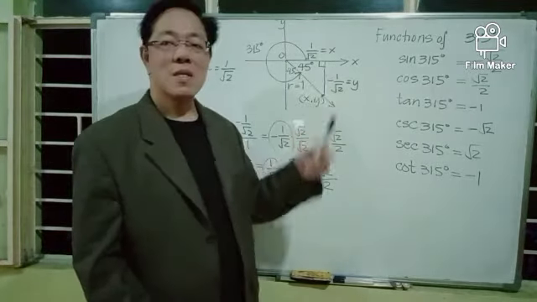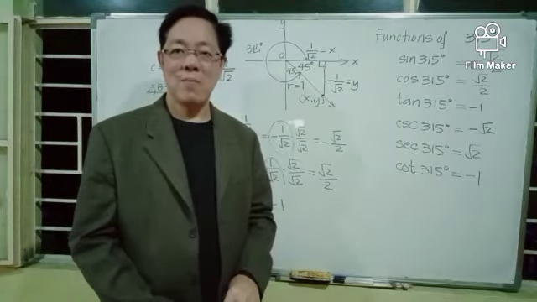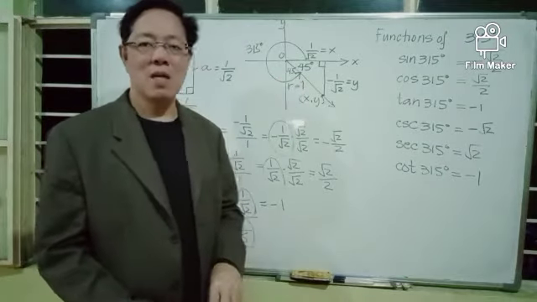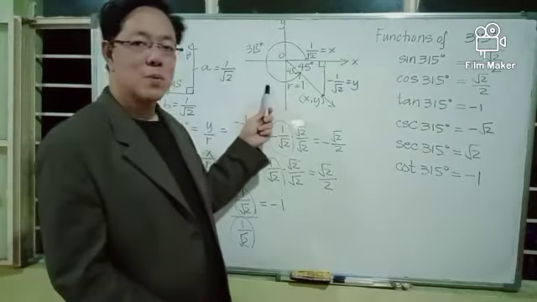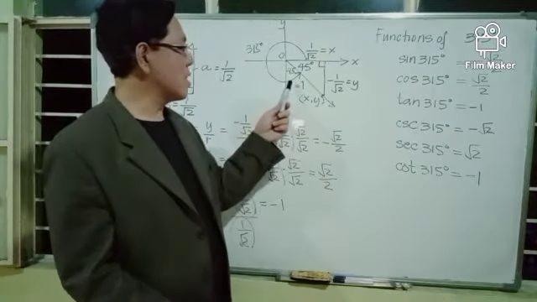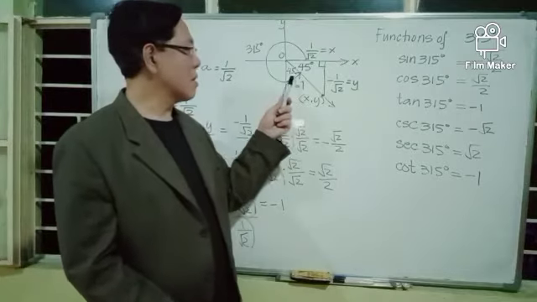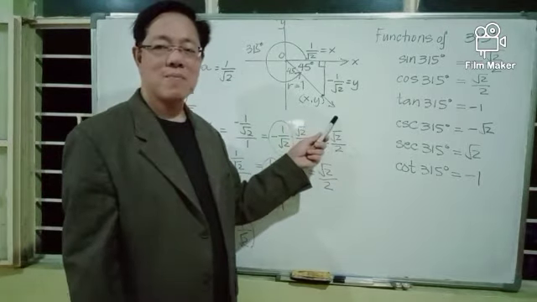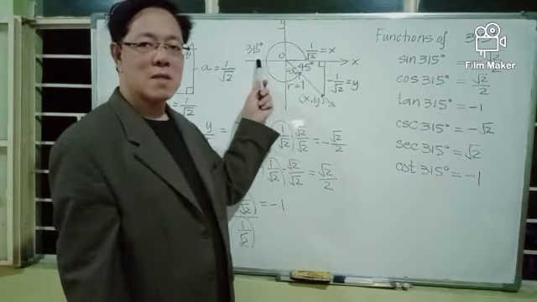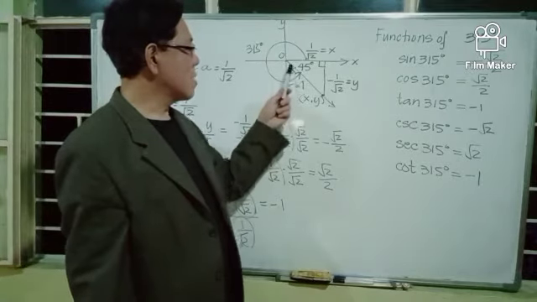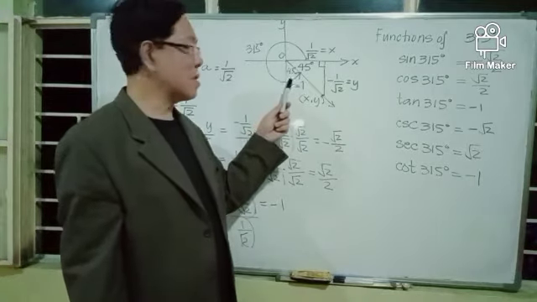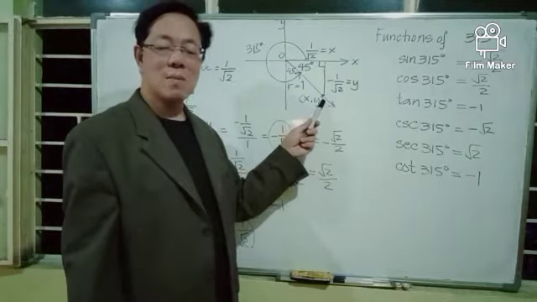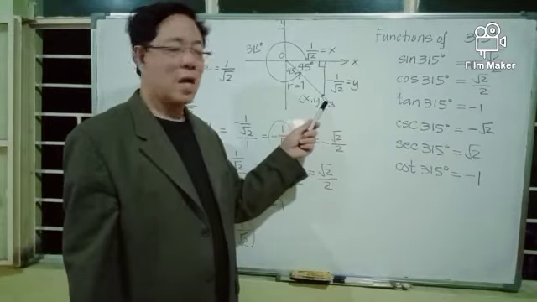And from the initial side, we count 7 45-degree angles. And we said that each quadrant has 2 45-degree angles. So this is 2 and 2 and 2. That's 6 45-degree angles, and we need an additional 45-degree angle. And this is the terminal side of the given angle 315 degrees. If this is 45 degrees, because this quadrant has 90 degrees, then this is also 45 degrees. From the terminal side of the given angle, you take an arbitrary point, and